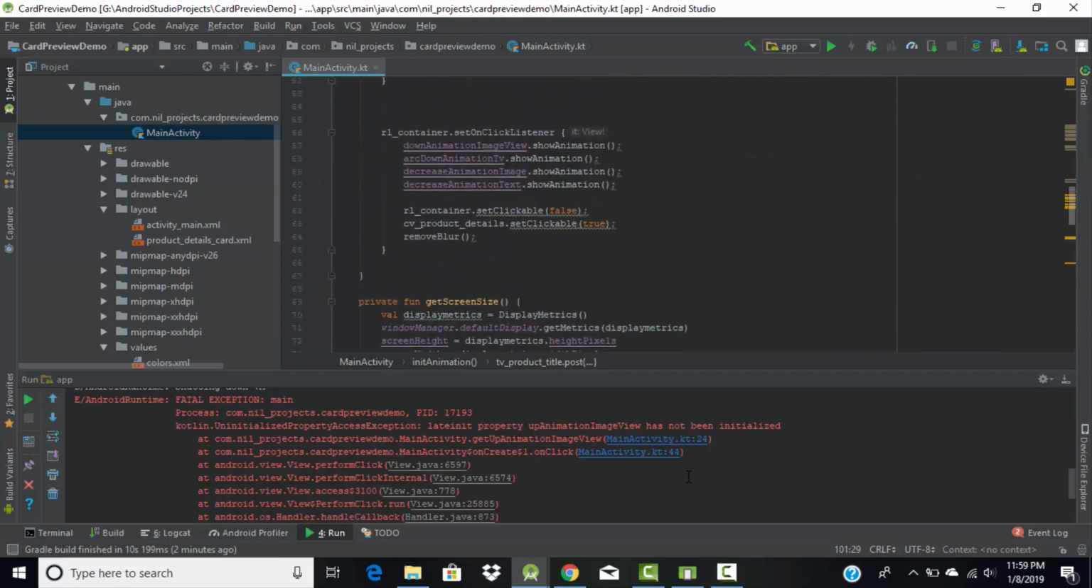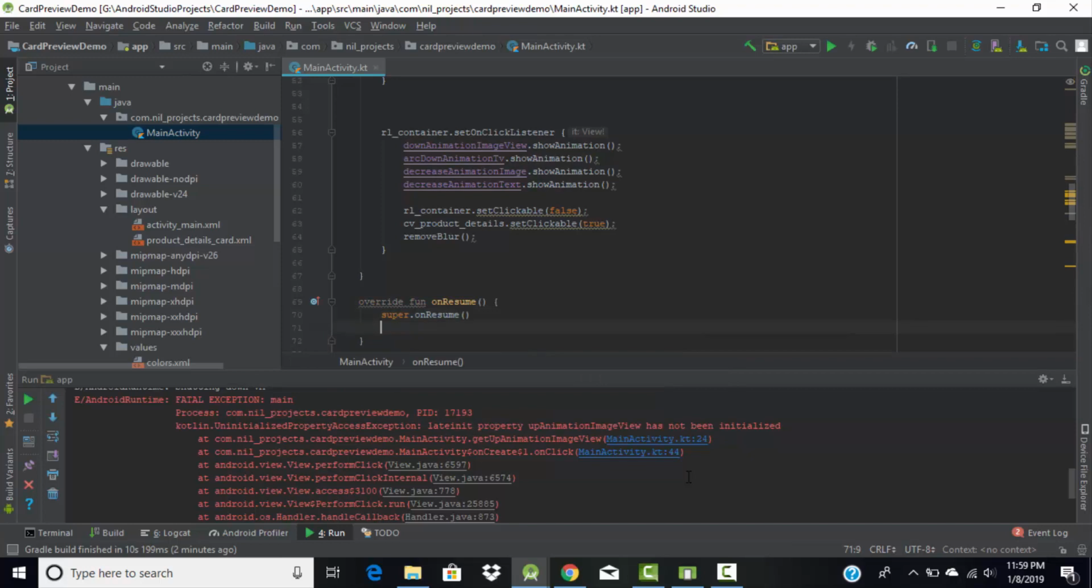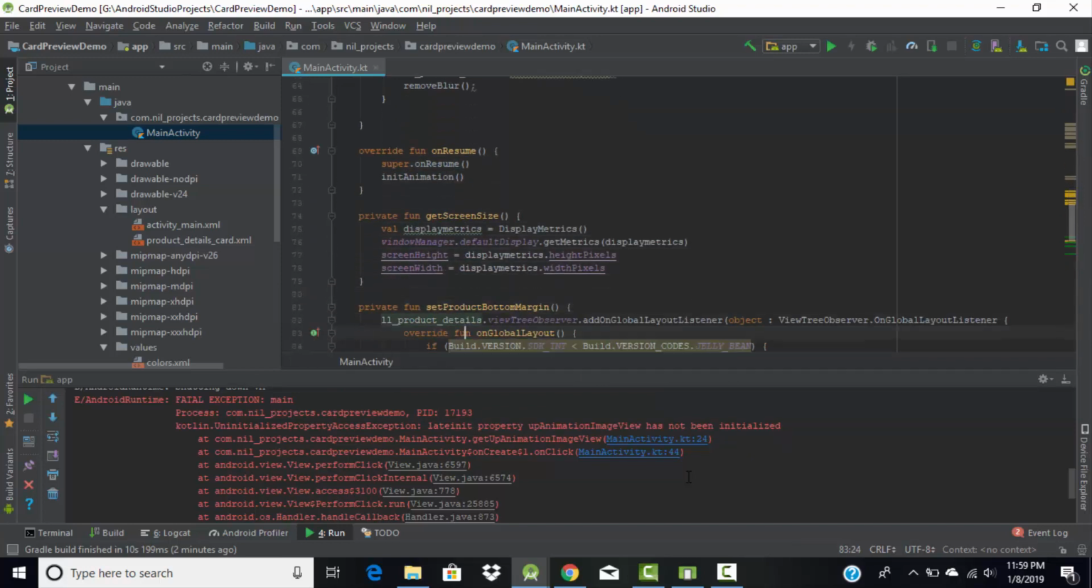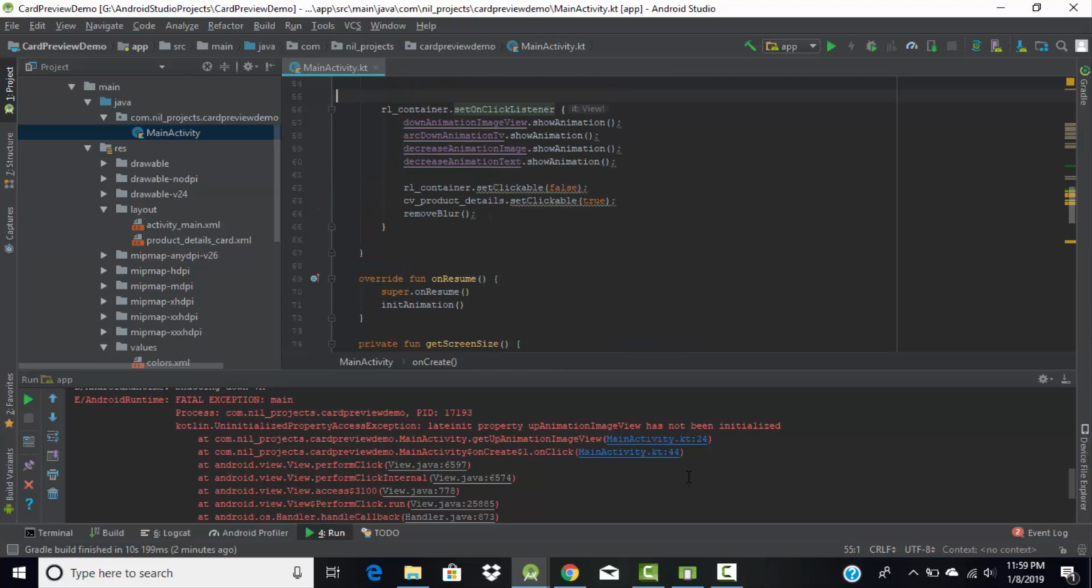In order to use this, we will override one of the default functions, that is onResume. Let's override that onResume method, and then from here I will call that init animation function. So now, whenever I run the application and click on any of the cards,